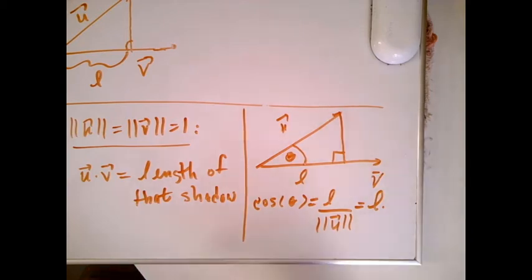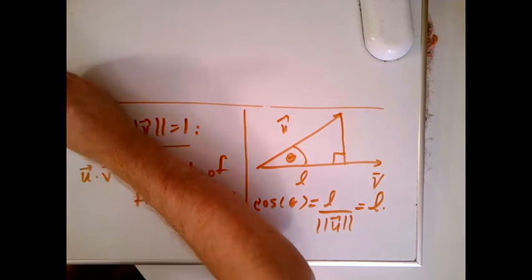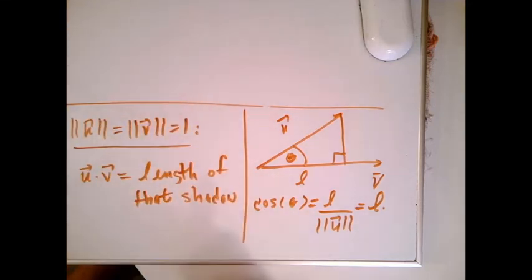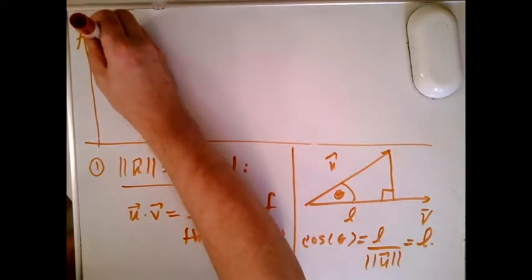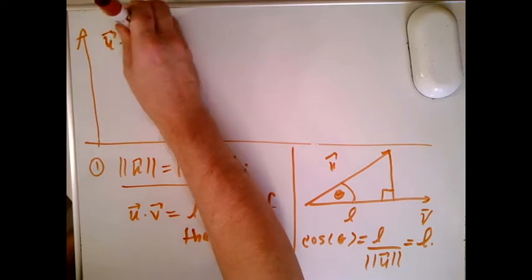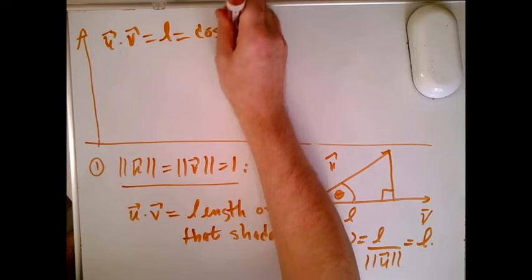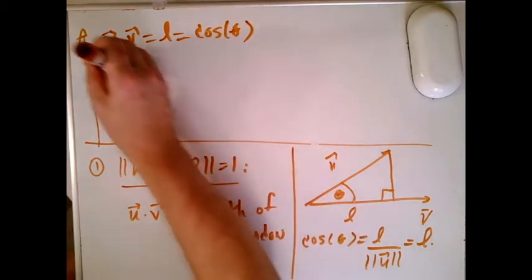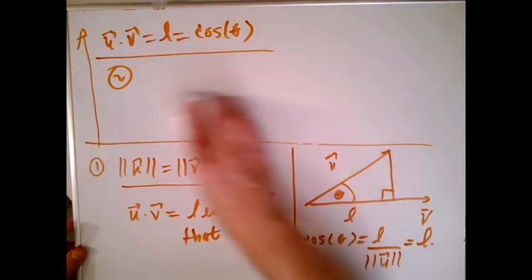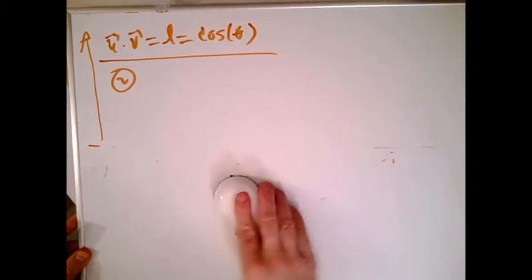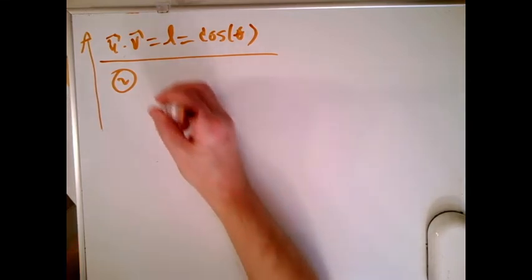So that's going to give us our first definition: if u and v are both unit vectors, then u dot v is going to be the length of the shadow, which turns out to be the cosine of the angle between them, which is great. The second step is, what happens if u and v aren't unit vectors? Well, if they're unit vectors, it gives us the right length. What would happen if they're not unit vectors? Well, okay, in the general case,